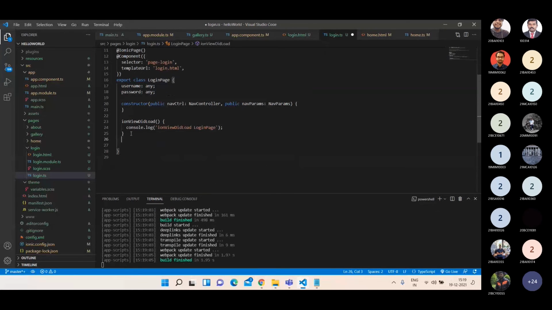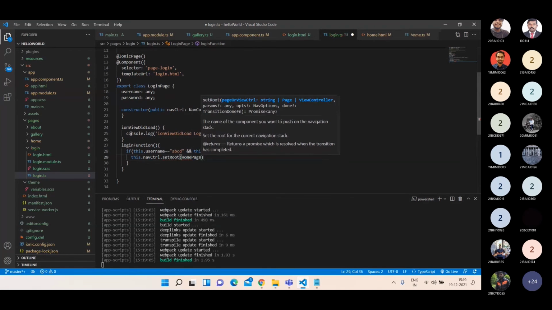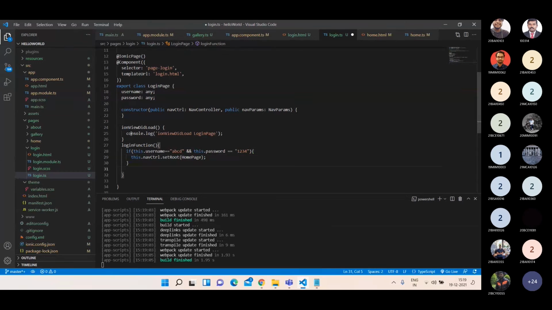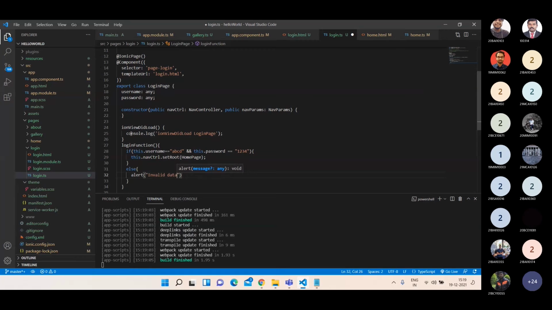Once the login function is called, if this.username is equal to ABCD and this.password is equal to 1234, then this.navCtrl.setRoot home page, else alert invalid data. I'm just giving it like this.